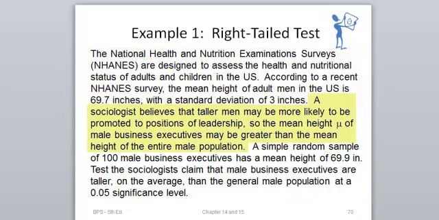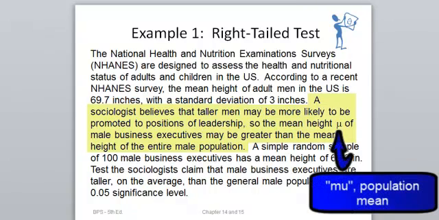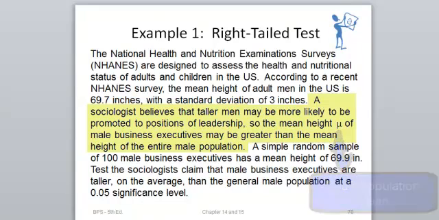A sociologist believes that taller men may be more likely to be promoted to positions of leadership, so the mean height, that is mu, of male business executives may be greater than the mean height of the entire male population. A simple random sample of 100 male business executives has a mean height of 69.9 inches. Test the sociologist's claim that the male business executives are taller on average than the general male population at a